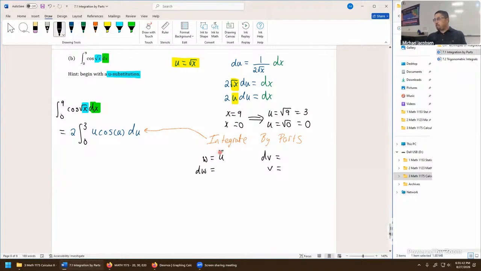Differential of this would be dw equals 1 times du. I'll write in the 1 this time just to really emphasize u changed to 1 because the variable names are different. It just sort of feels different sometimes. So if that's our w, then everything else is going to be dv on this one. So we're going to pick cosine u